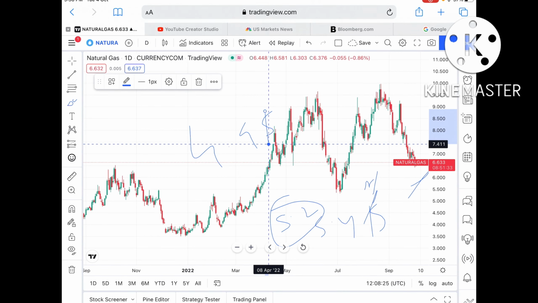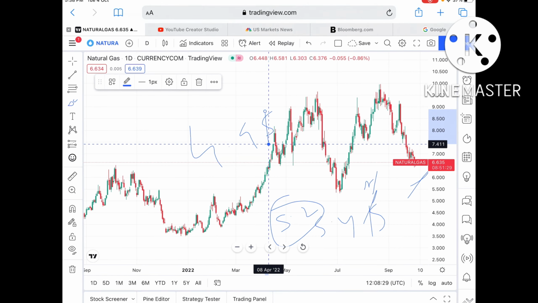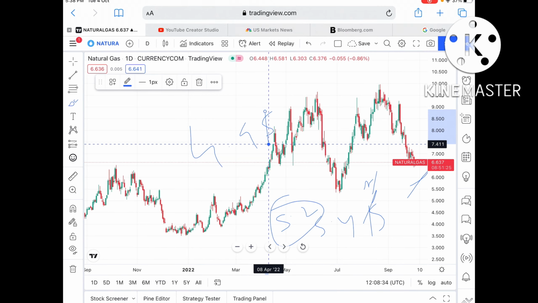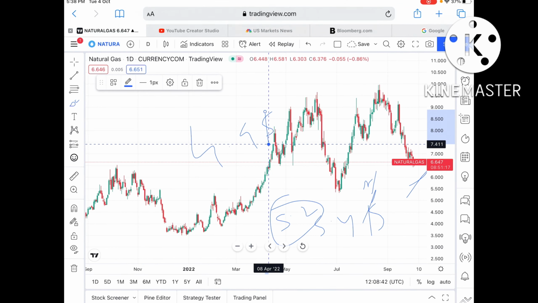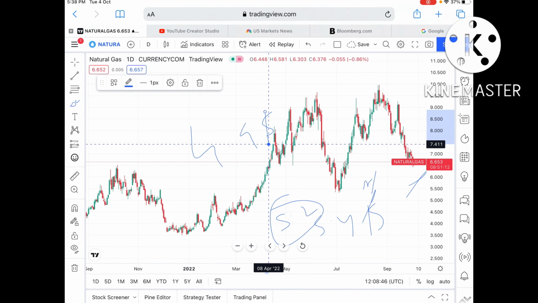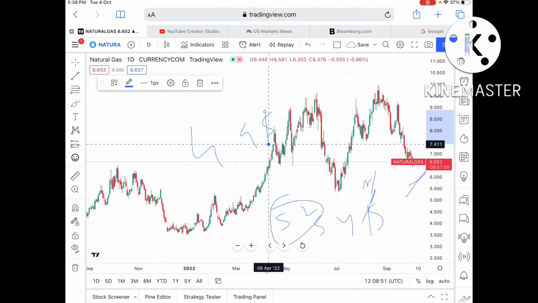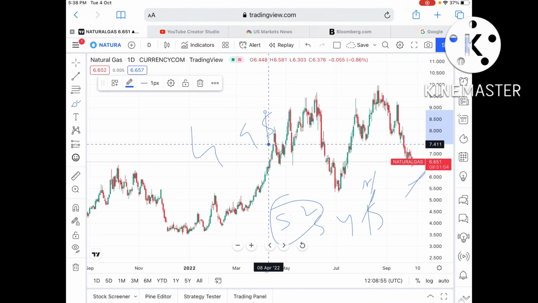So understand something, if you are trading, you have to be very careful, because most people lose money in trading. How can you save your capital? Fix your percentage for that particular trade, around 1 to 1.5 or 2%, or try to maintain your day risk. Suppose you are trading with $10,000, try to take a risk of around $50 to $100 or $200 maximum, so that your capital does not get wiped out and you save your amount.